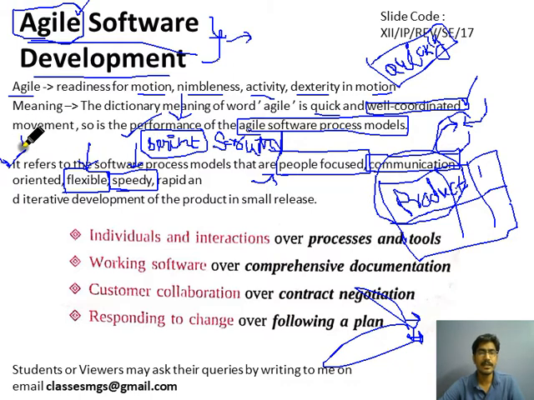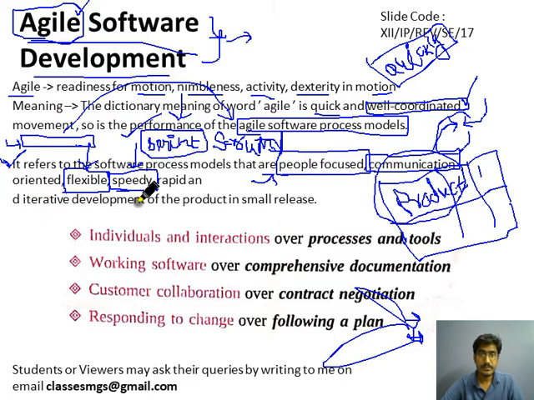Sprint is a time limit for which one sellable unit of the product is developed. Let's suppose it is generally for 2 weeks or 3 weeks, we plan some activity, some release of the software, and then we release this completely within that particular time frame, and we conduct daily scrum meetings for the progress of the work. That's why we say this is a quick software development model.